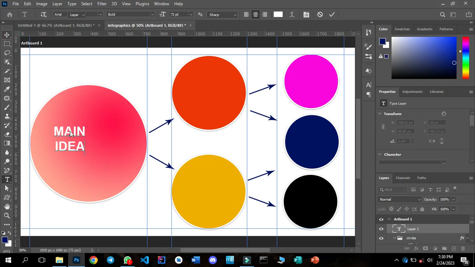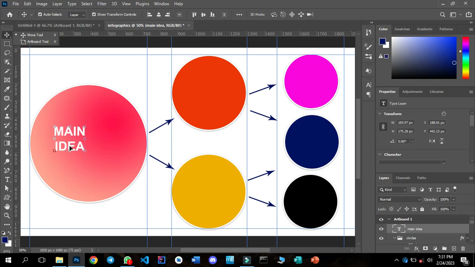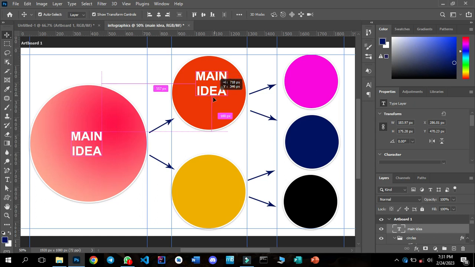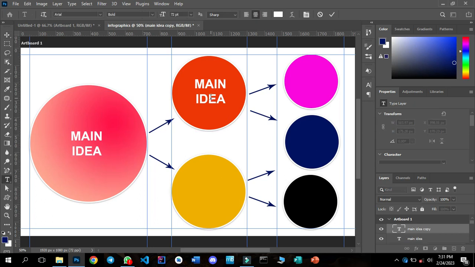So we have the main idea positioned right here. That is the center of attraction for our infographic. So it's going to be here, main idea. I'm just going to duplicate this one, take it up, and then I'll edit it to, maybe this one is going to be first point, second point, and then we are done with it. So it's going to be first